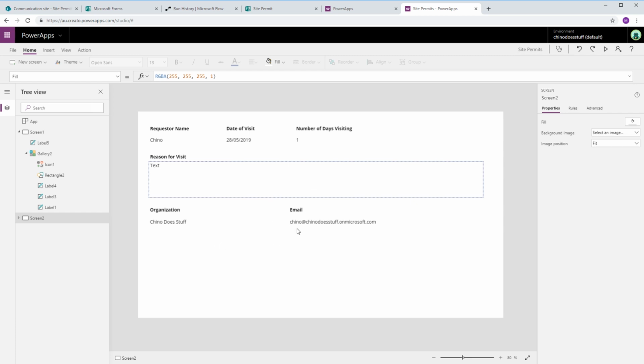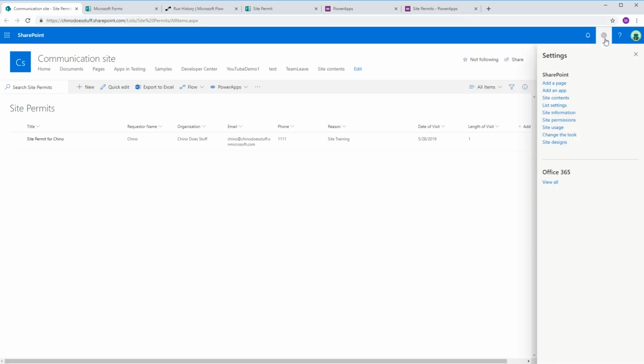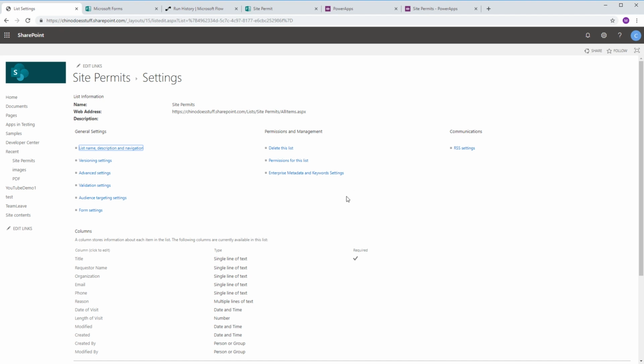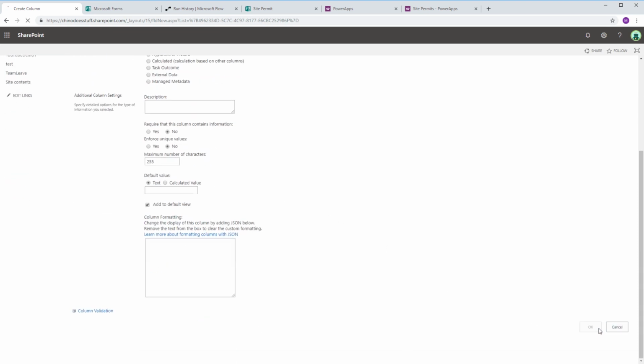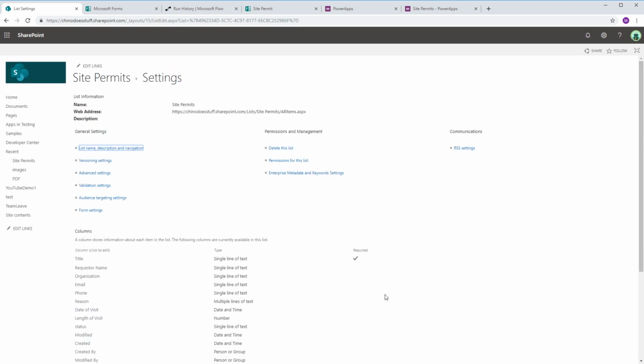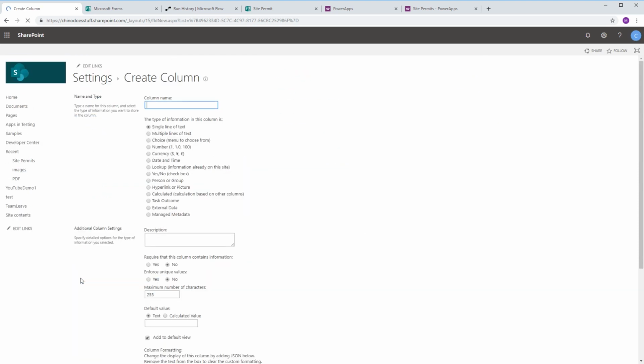Okay, so we're going to need a couple more fields in our SharePoint list, I've just realized here. So if we go to our list settings, I'm going to create a couple more columns. I need a status field, because that is going to be the field that we're going to set our status of our site permit request, either rejected or approved. And I'm going to create another column called